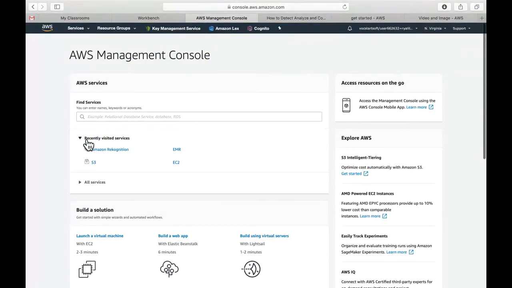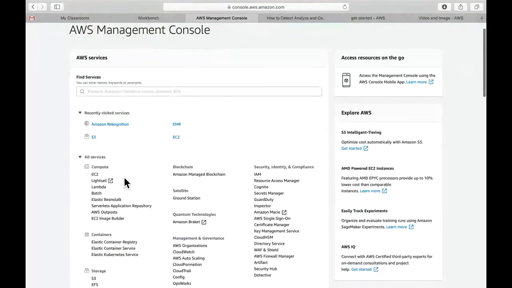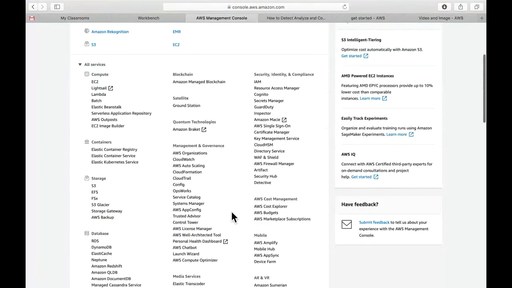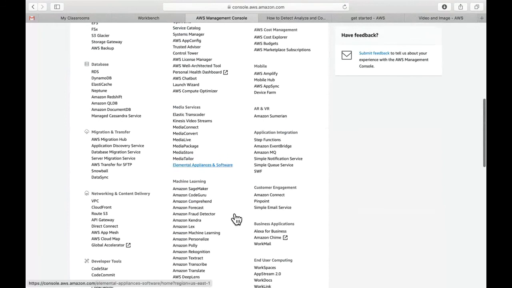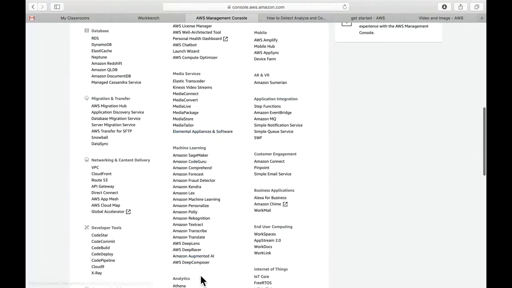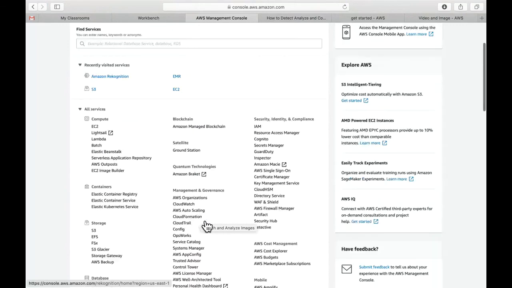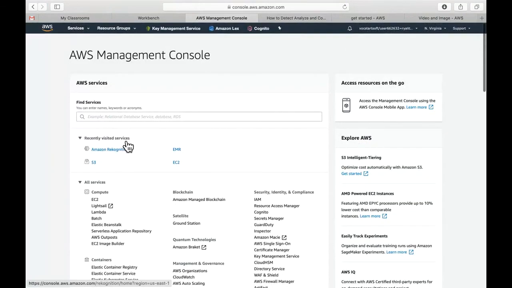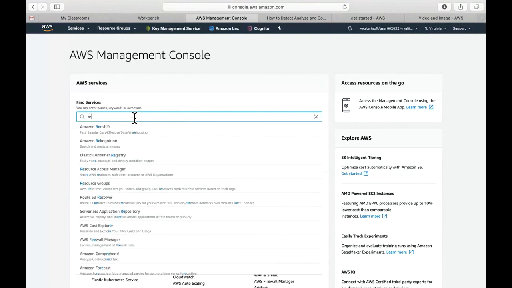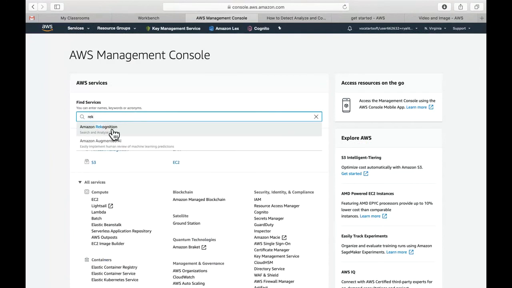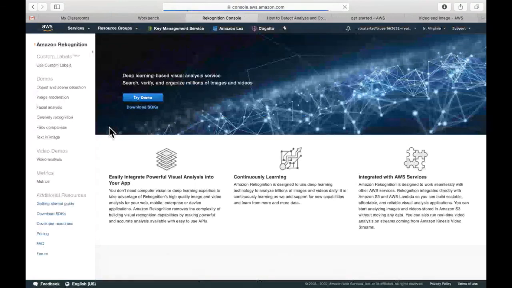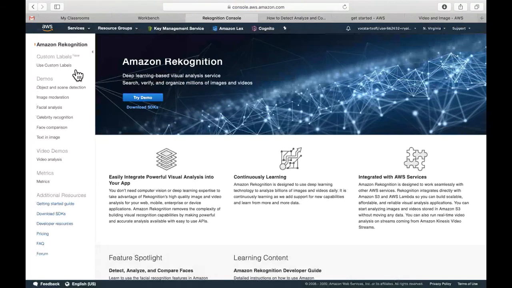You'll see in this region, we have a drop down of all services that I can access here. We're going to be playing largely with the machine learning space, where you'll see a selection of services here. We're looking for Amazon Rekognition. So I could click on it here, or I could find it in my recently visited, or just type in a few key values here to be redirected to that service. Okay, and